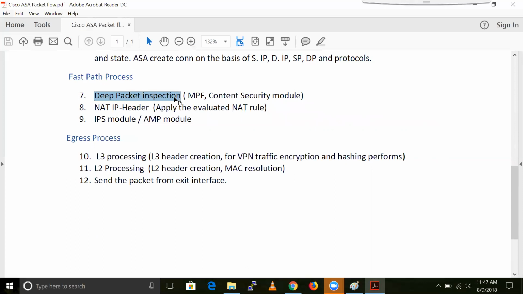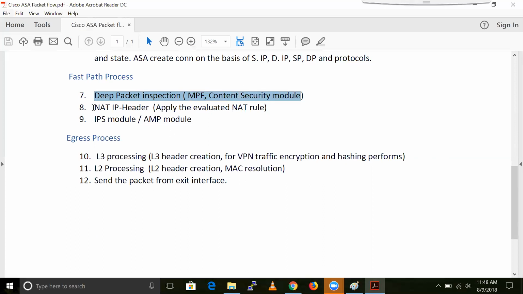In deep packet inspection we have the modular policy framework, right? We can compare class and policy map. So basically deep packet inspection is for layer 7. And if we are using a CSC module, content security module, that is also applied at this point, in step 7.